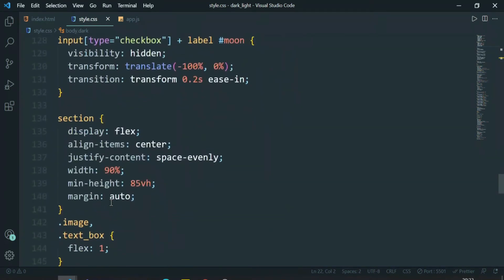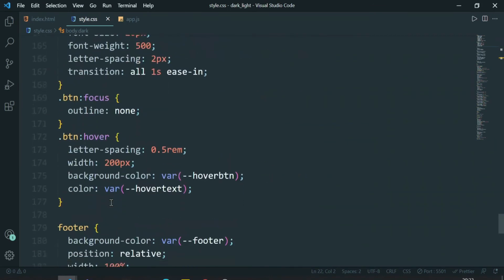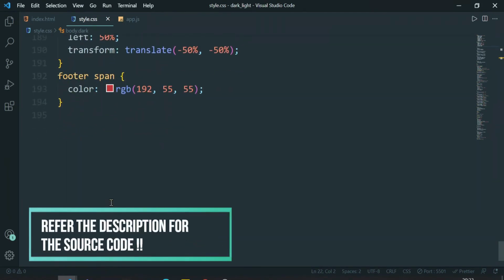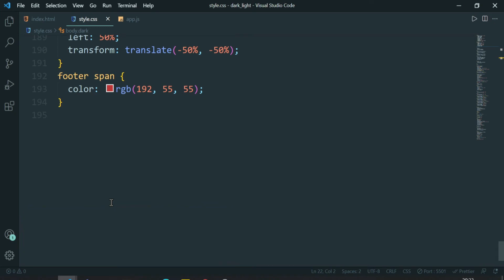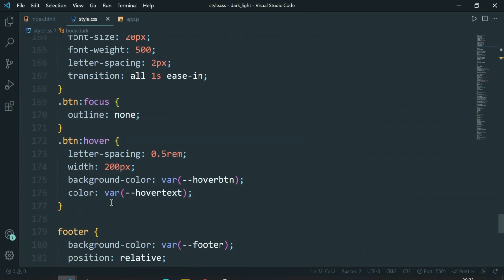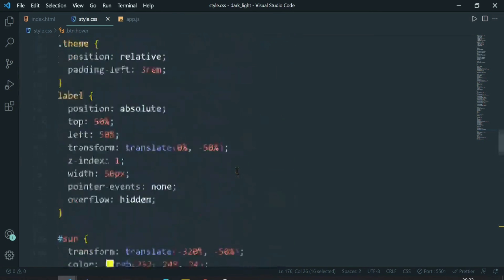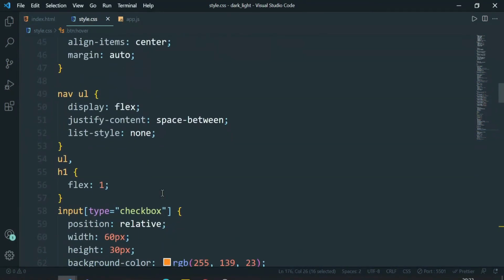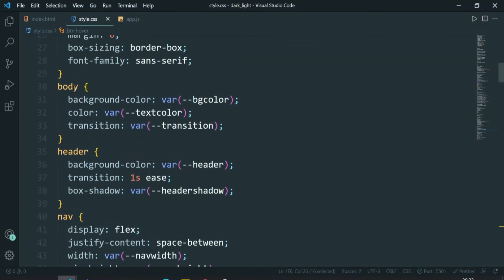So basically I will not be having any extra thing. Everything, like footer and header, the styles are just for one time. But wherever I want to switch the colors, like hover button and hover text, I have used these CSS variables. Like for background color in this body, I have used var bg color.